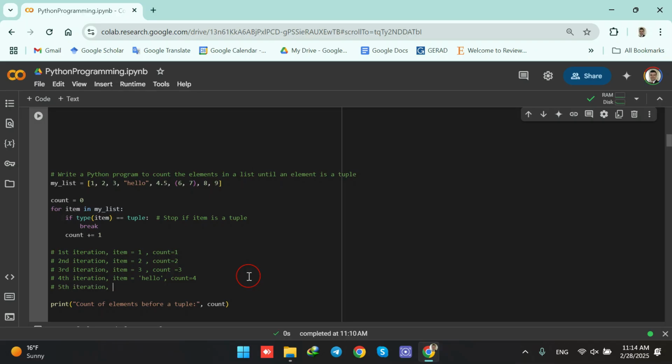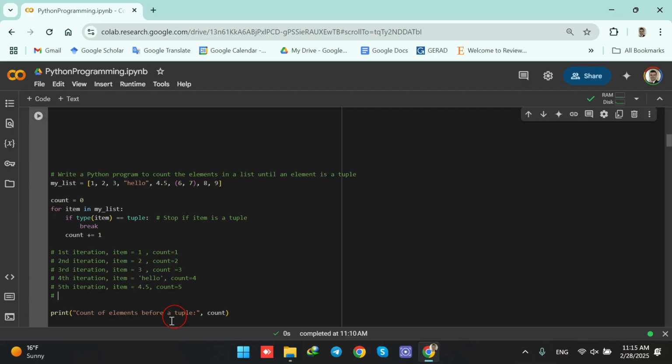Fifth iteration, item equals 4.5. So this time the type of the 4.5, when we are checking it here, it's a float. Is it equal to a tuple? No. So we don't do the breaking. We are going to increment the count one more time. So count equals 5. In the